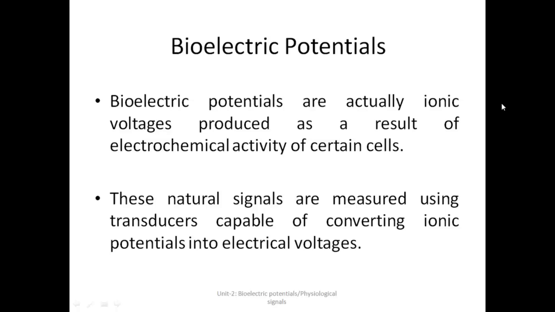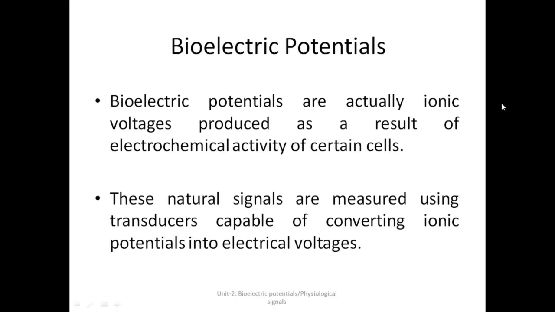potential that gets developed at the cellular level. That means at the cell level. So there is an electrochemical activity taking place at the cellular level which actually gives rise to certain ionic voltages. So bioelectric potentials are actually ionic voltages that are produced as a result of electrochemical activity taking place